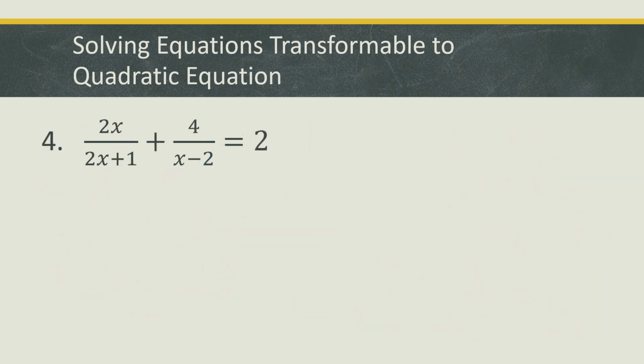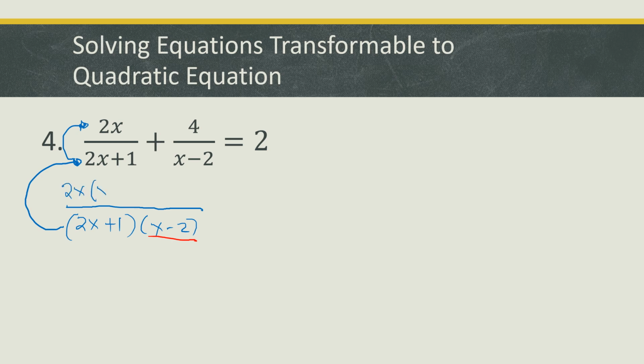I also have this example number 4. 2x over 2x plus 1 plus 4 over x minus 2 equals 2. So same process. First, get their LCD, that is 2x plus 1 multiplied by x minus 2, and then we will now divide this LCD to the first denominator, and that will give us x minus 2. And we will multiply it to our numerator. So we have 2x times x minus 2